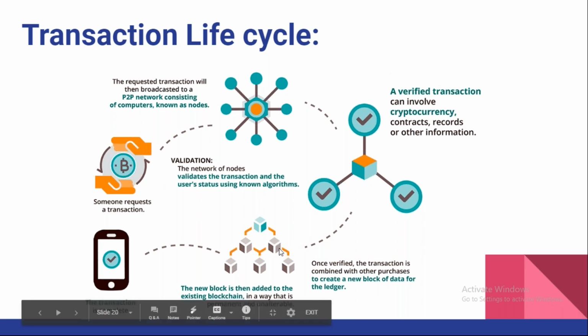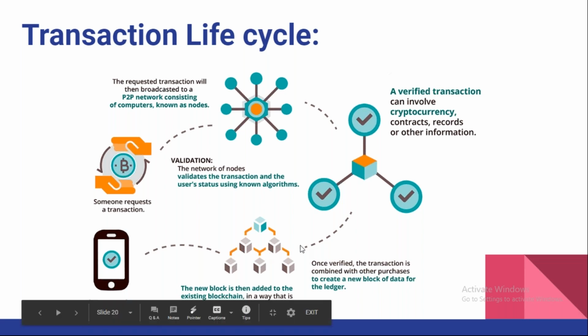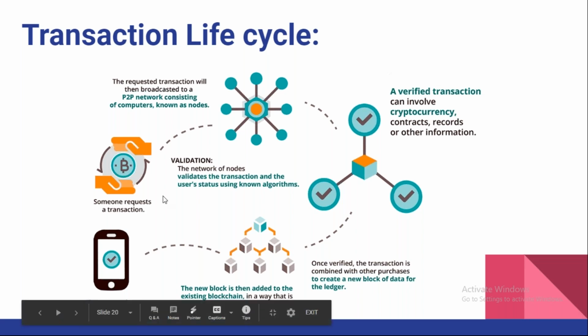In this block, as I told you, in Bitcoin it can take up to 2 MB. Up to 2 MB of transactions, however many there are, will be added to the block. Once the block is added to the chain, that is final. It will be added to the ledger, and now you can do the verification, checking from your wallet whether a transaction happened or not. So this is the transaction life cycle, how it happens in Bitcoin.